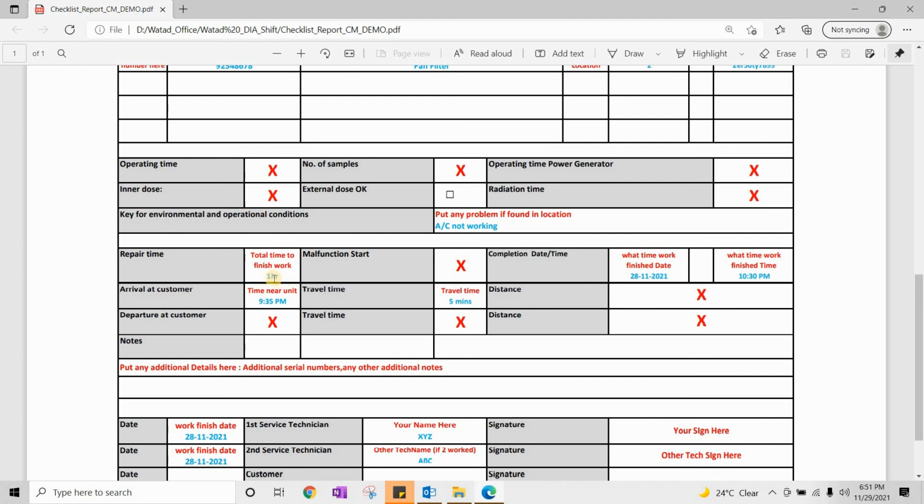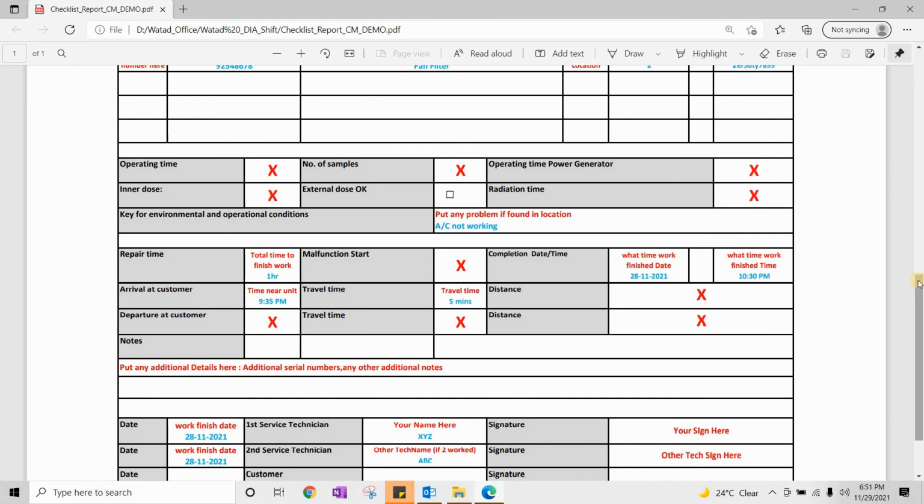And also this travel time is here, which is, for example, when I was in the office, I got a call, or the team leader got a call that there is an issue on some line, and he told me. It took me around 5 minutes to reach that machine, and after that I started work from 9:35. So 5 minutes for travel time, and in total from 9:30 to 10:30 it is 1 hour.